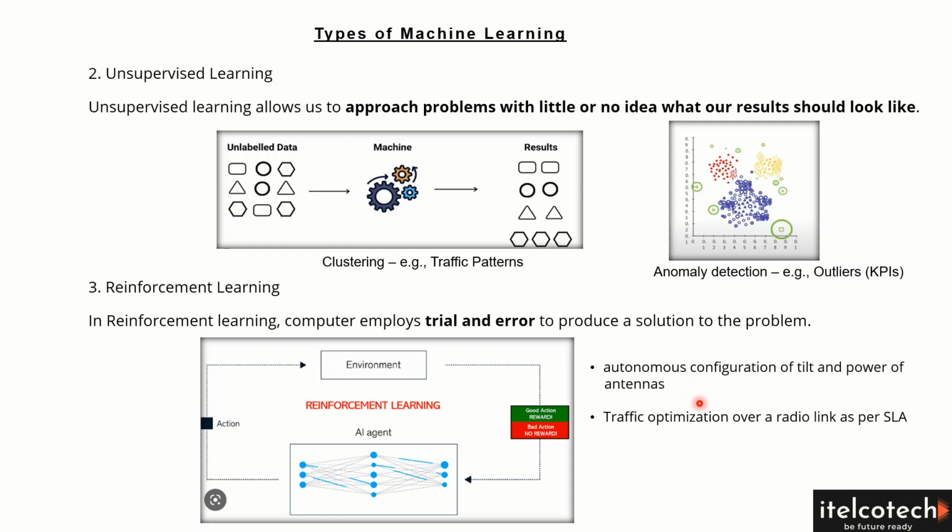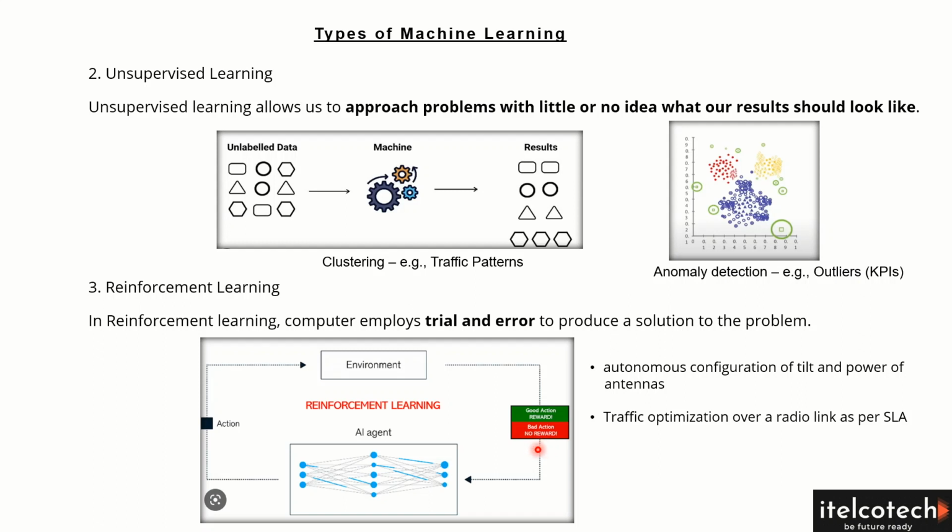Or it can optimize the traffic depending upon the kind of behavior or the scenario on the ground, depending upon the different input variables in the network. So if this machine learning model is working fine, it will be rewarded every time for giving the right output. But if this model is not working as per the requirement, there will be error added to it, it will be considered a bad action, and there will be a penalty associated with it.